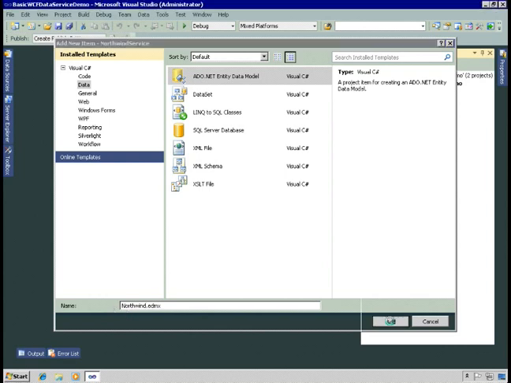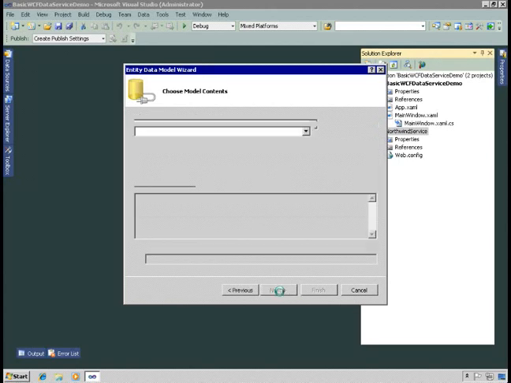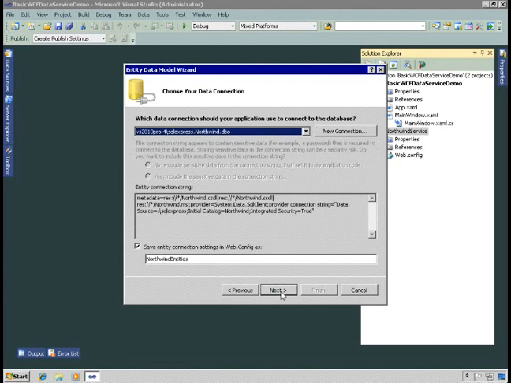And I will click Add. And I have 2 choices. I can generate my entity model from an existing database, or I can start with an empty model. And this empty model is new in 4.0. It might have come out in 3.5 SP1, I'm not sure, but let's just say it's relatively new. I'm going to use a database, and I'm going to point to Northwind,